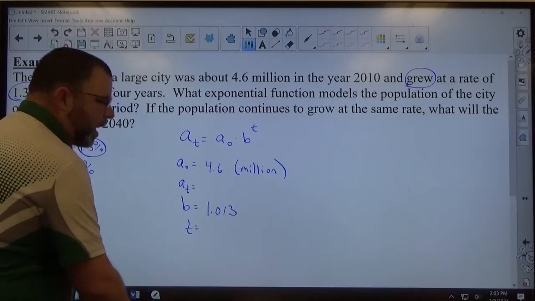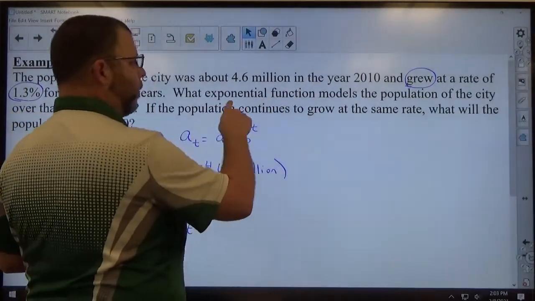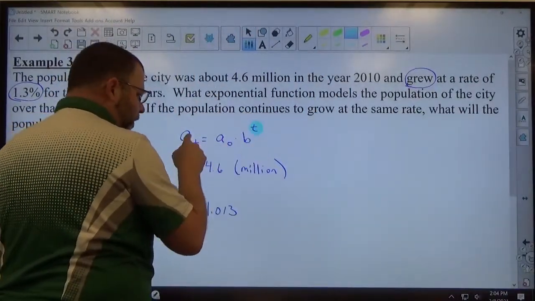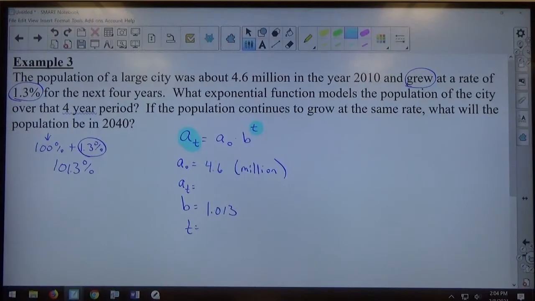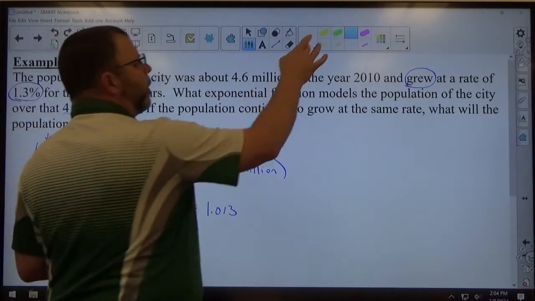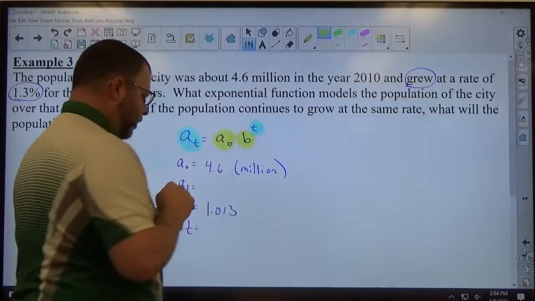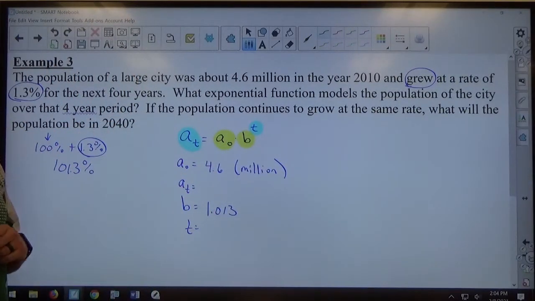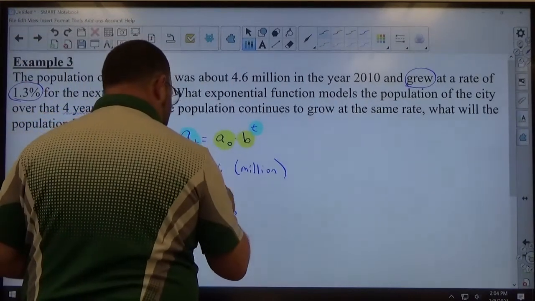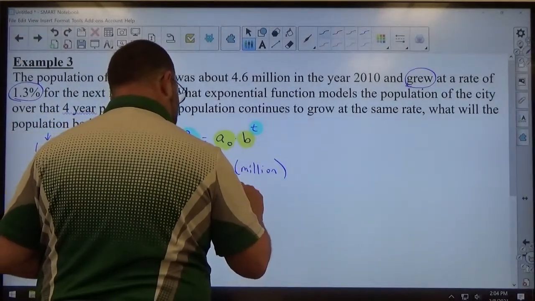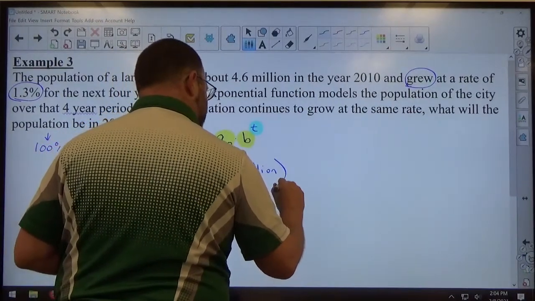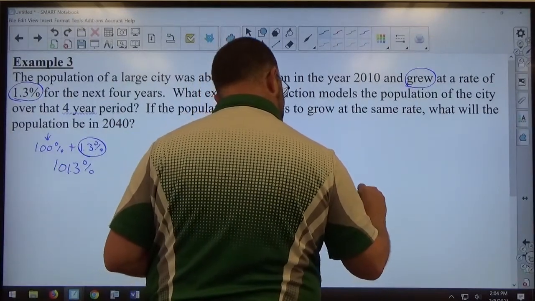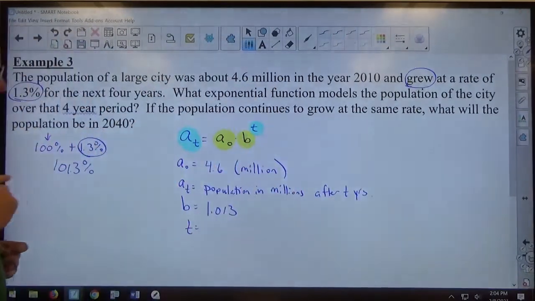Okay, when I'm making an exponential function model, what I'm looking for is t and a sub t to be unknown values. And I'm looking for a sub 0 and b to be known values. So once I know what these two things are, I'm good to go. Now, I do want to identify what a sub t and t represent. And a sub t is going to be the population in millions after t years. And t,